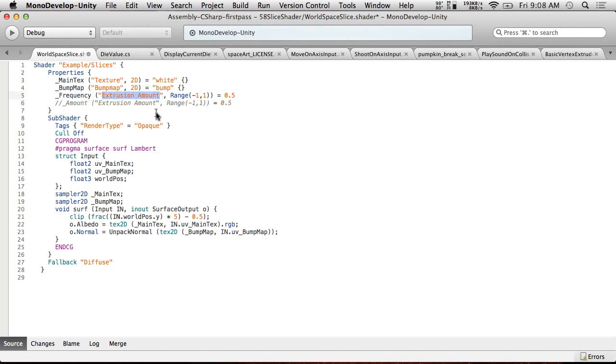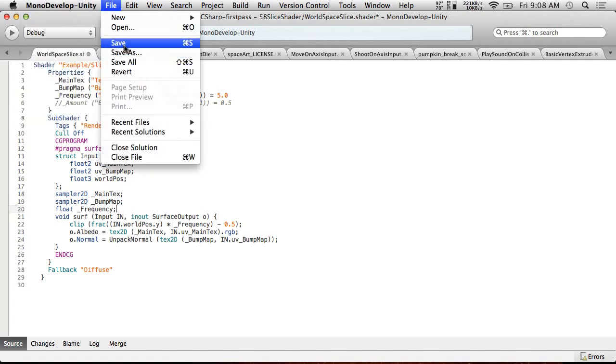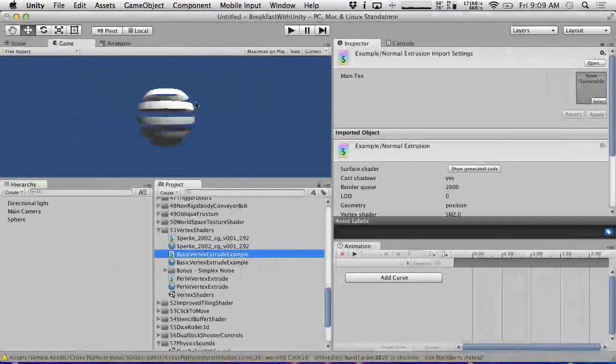We'll call this clip frequency. And the range will be, let's make it 0 to 10 and start it at 5.0. So that should make it how it is now by default, and then we'll have more to play with here. So now we put frequency in here, and then we also need to declare frequency here. Frequency is just a float. Save. And now,